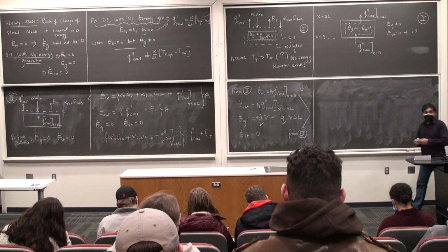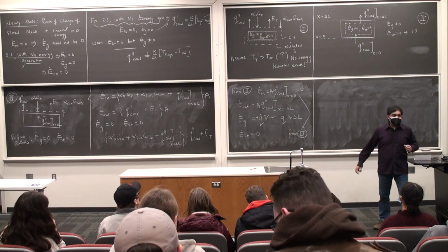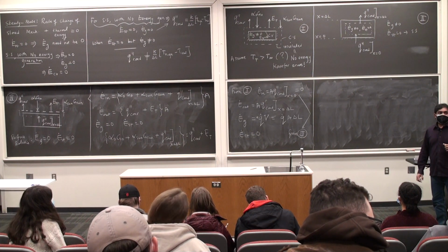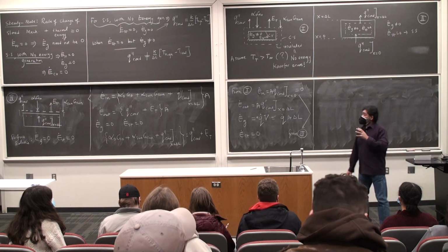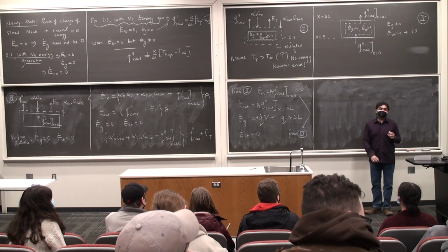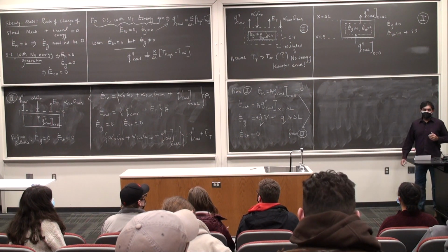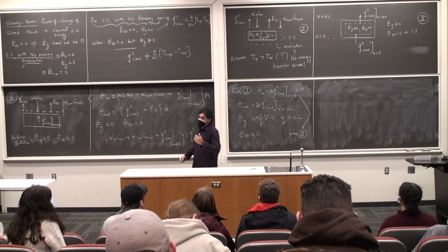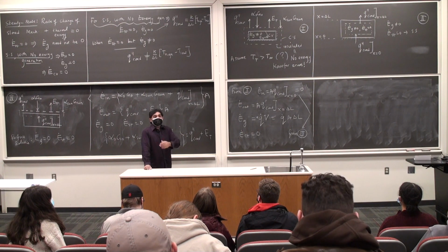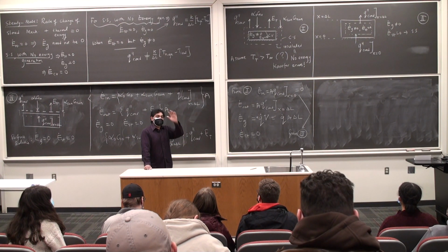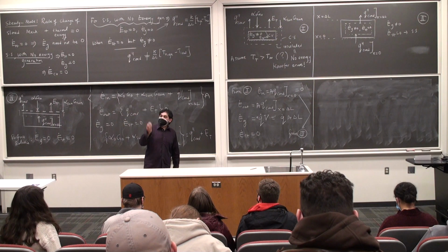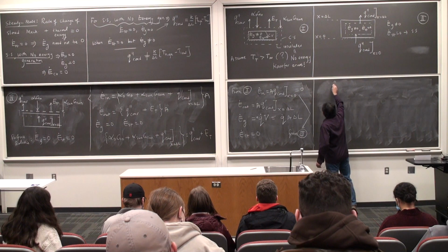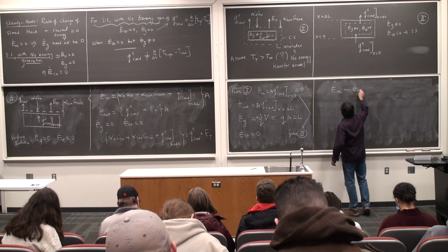Alright, now I write my energy balance equation. Yes, question. So logically, if we're working against an insulated surface like we did for 3, we can assume that q double prime conduction is 0. Absolutely. That implicitly becomes a boundary condition every time we solve a conduction problem, and that's the adiabatic boundary condition. And we can also prescribe a Dirichlet condition, which is, if you know the temperature at the bottom surface, you can say that T at the bottom surface is some value. And that's going to remain the same no matter what, because there's no heat transfer taking place at the bottom surface. Okay, fantastic. So E dot in minus E dot out